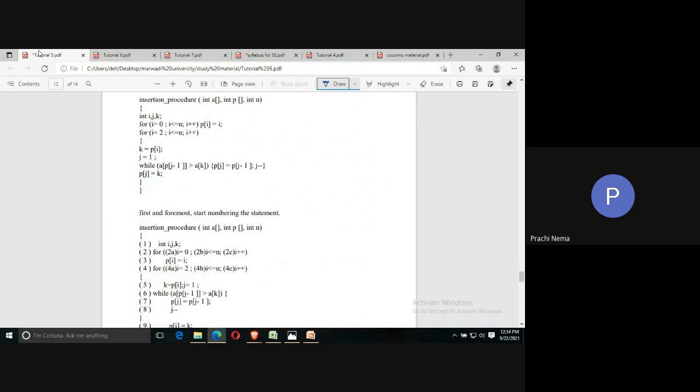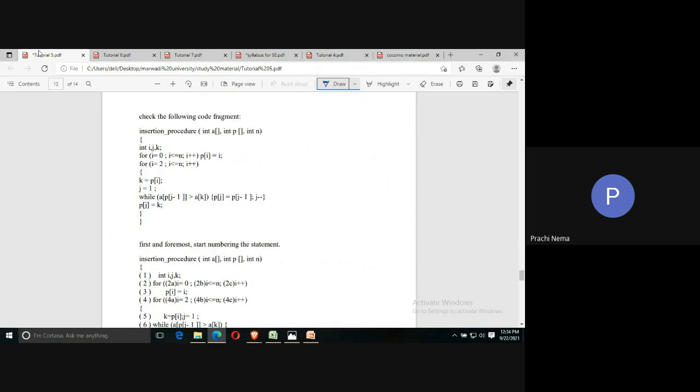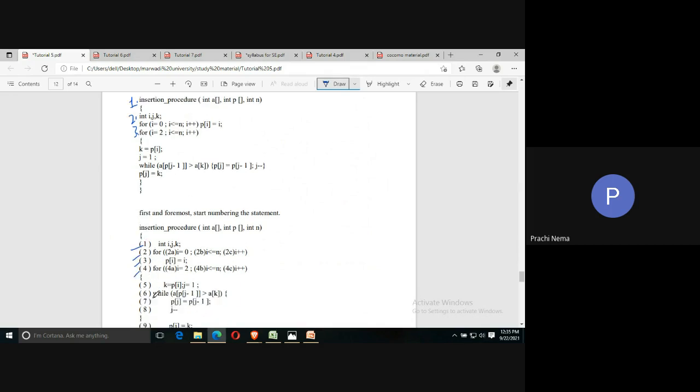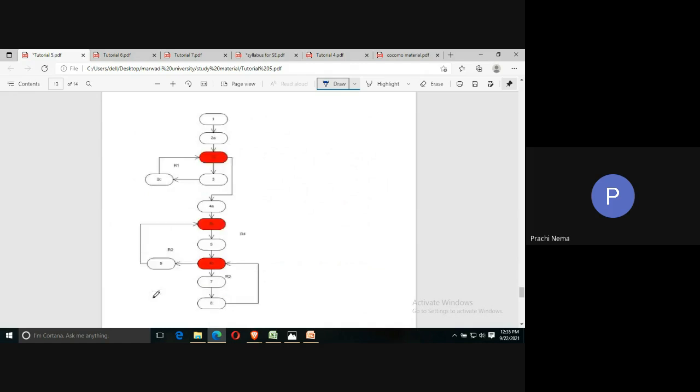Now see here, if you look at this code, what they have done to draw the control flow graph for this code, because it looks a little bit complicated in comparison to the previous example. They have assigned numbers to all the lines so that it is easy to draw the control flow graph, because writing the information is more complicated than writing the number. Just provide the lines of code with a number and you will have this graph. You can mention that number over here instead of writing that particular line of code.